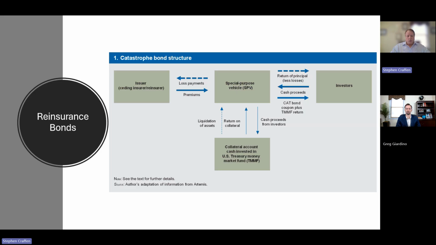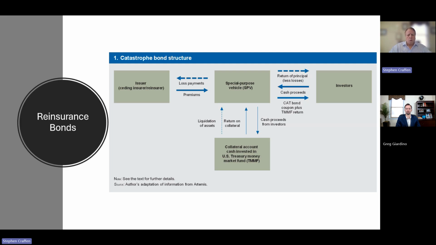So it has an interesting structure. What happens is insurance companies, for example, let's just say, I'll throw out the Hartford. They may, and I don't know if this is true about them or not, but they may have a lot of risk in a certain region, because a lot of times insurance companies are very regional, and they may have a lot of risk in relation to a certain event, for example, an earthquake or a hurricane. So they know that they're concentrated in that type of risk. What they like to do is they like to transfer that risk to a reinsurance company. So reinsurance companies are the insurers of insurers.